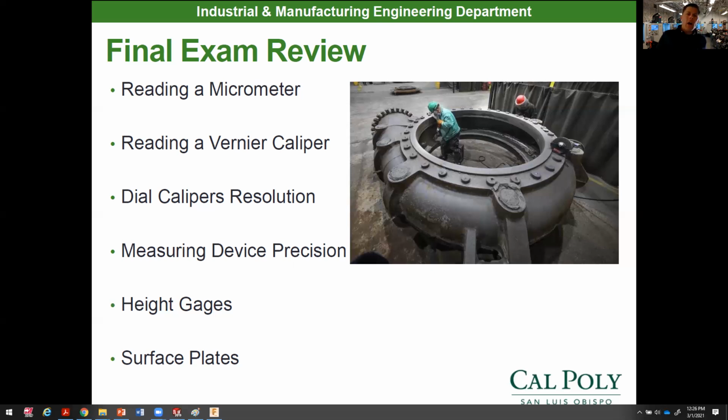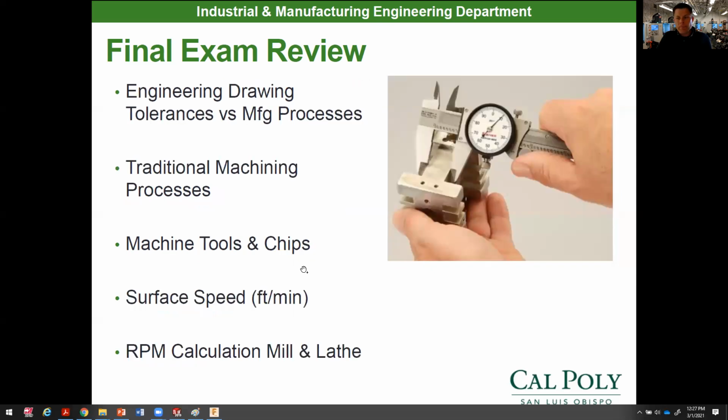Now, later on in the quarter, we used some other types of measuring devices to check heights off of datum surfaces. That would be a height gauge, if you remember that one from the lathe project 1 and also from the screwdriver project. We use that height gauge along with a surface plate to act as a datum surface to mark heights off of. So the height gauge and the surface plate are used in conjunction, or used together, to get a measurement from a datum surface. There's another question or 2. So moving on,